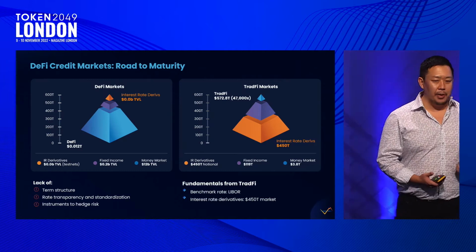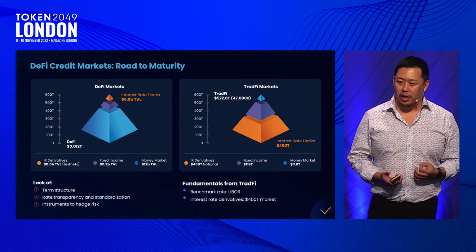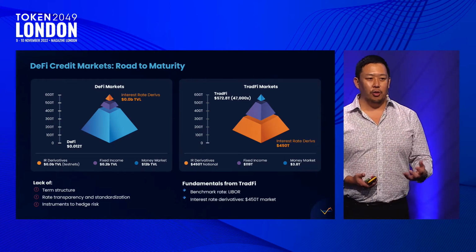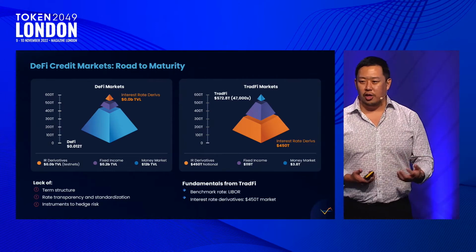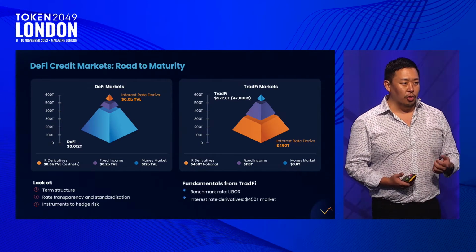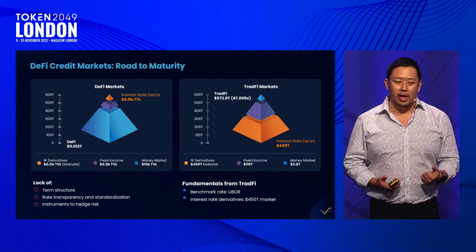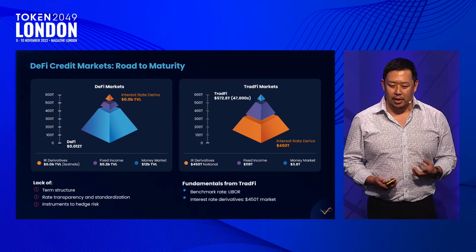Okay, so next, you lack a lot of rate transparency. And that is a little bit because you have a fragmentation between different markets. But what does that lead to? You have different rate behavior across different markets, and you really lack tools that manage risk and also allow you to arbitrage between these fragmented rates.